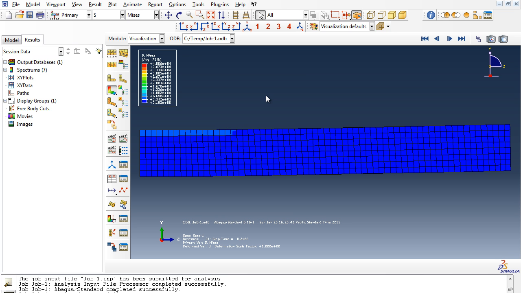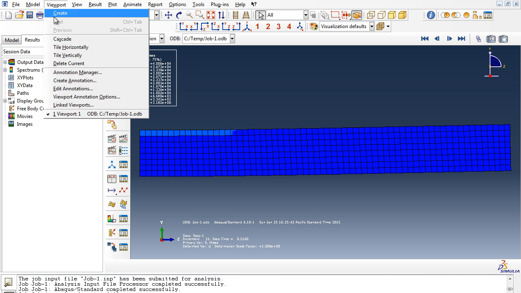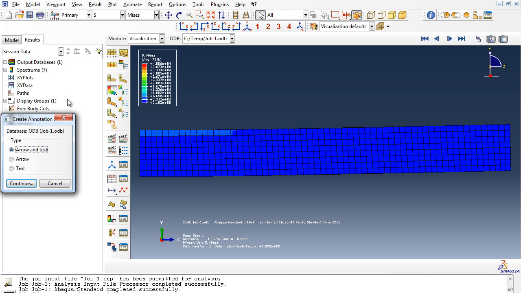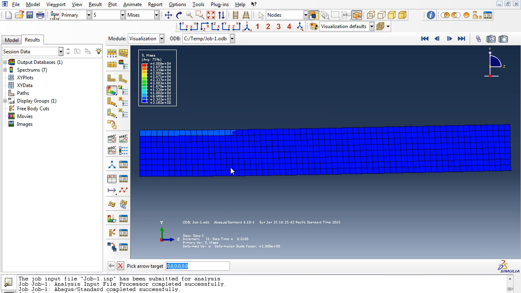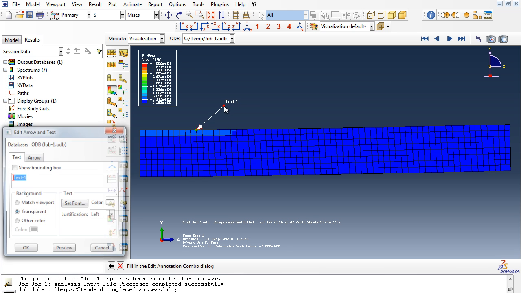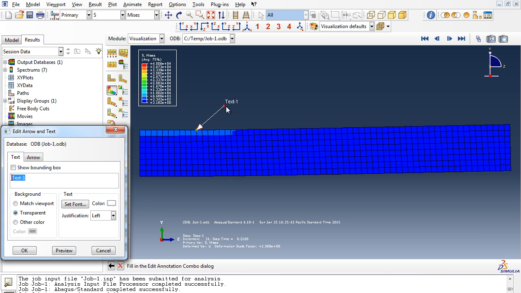You can also make annotations if you want. From the viewport menu, create annotation, and then you can choose arrow and text just like what you do with AutoCAD. And then pick arrow target. Let's pick this. No, here, anywhere. There. And then just drag it and put something like von Mises stress